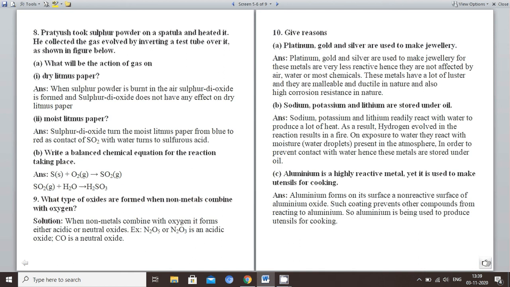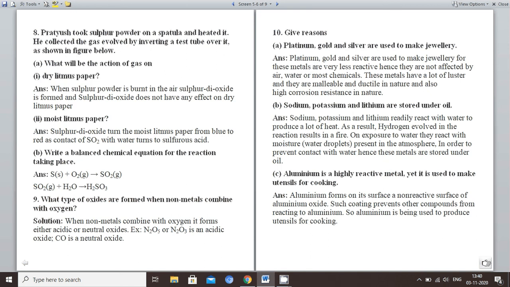Now the C part: aluminium is a highly reactive metal, yet it is used to make utensils for cooking. बहुत ज़्यादा हाईली रिएक्टिव मेटल है, बट सम यूटेंसिल्स में कुकिंग के लिए क्यों यूज़ करते हैं? बिकॉज वो सी एल्यूमिनियम फॉर्म्स ऑन इट सरफेस अ नॉन रिएक्टिव सरफेस ऑफ एल्यूमिनियम ऑक्साइड. क्या होता है एक्चुअली एल्यूमिनियम रिएक्टिव है, बट जब एल्यूमिनियम ऑक्सीजन के साथ रिएक्ट करता है तो इट विल फॉर्म